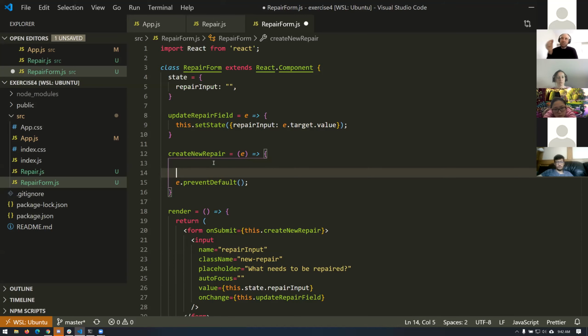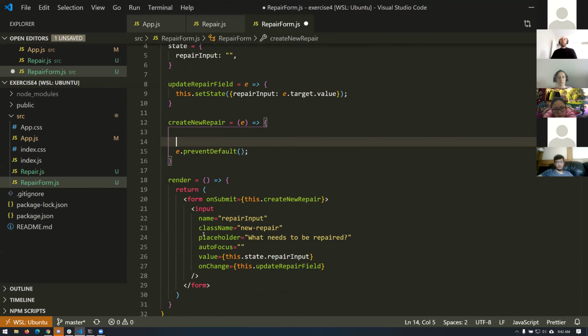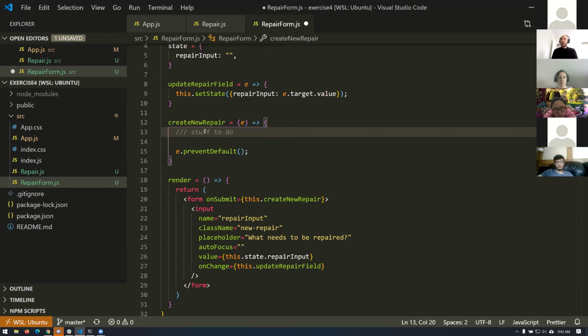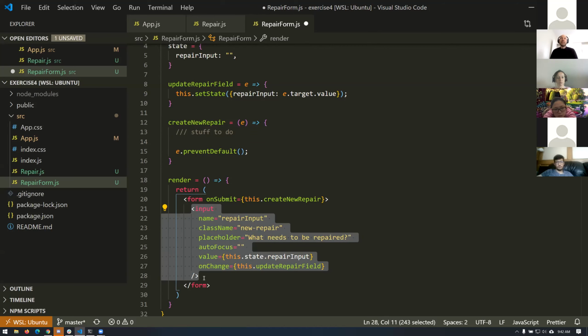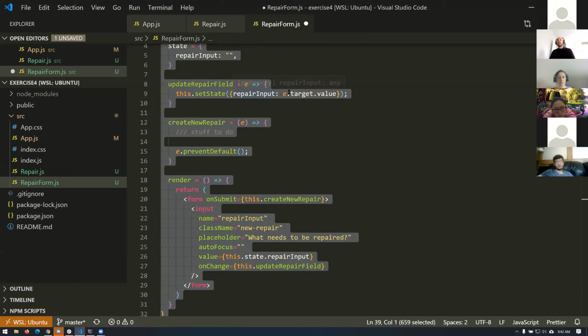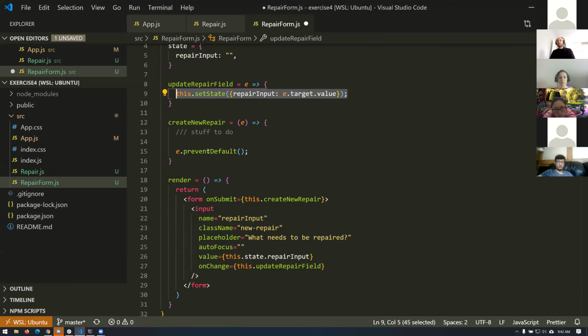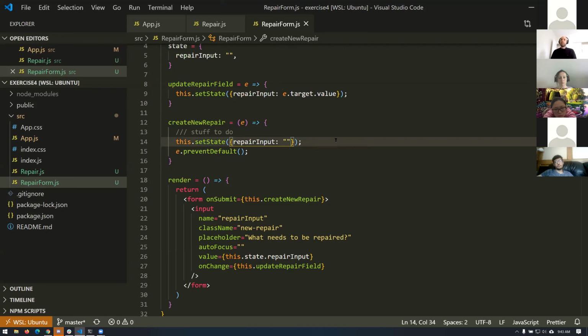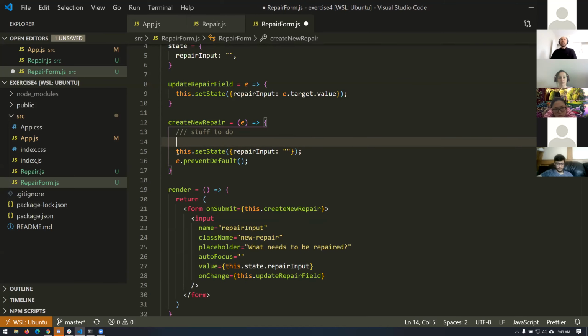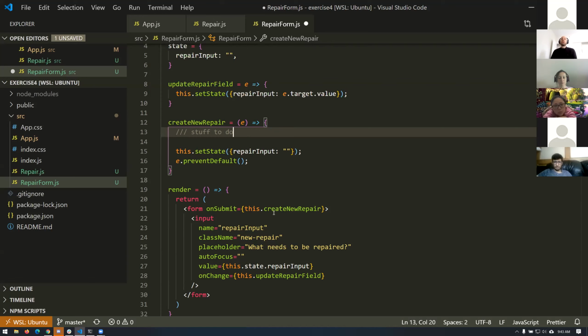The other thing I said that we need to do in here is we need to make sure that after we're done, we clear this input, which means we need to do this. Clear the input, this setState repairInput empty. Now, but before we do that, we have some stuff to do, and that is we need to create